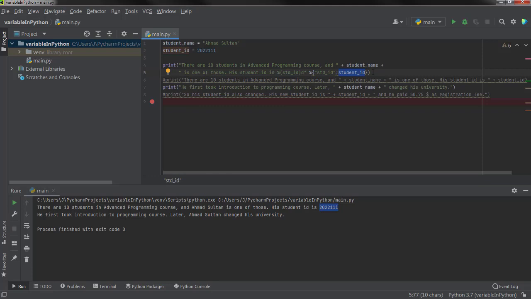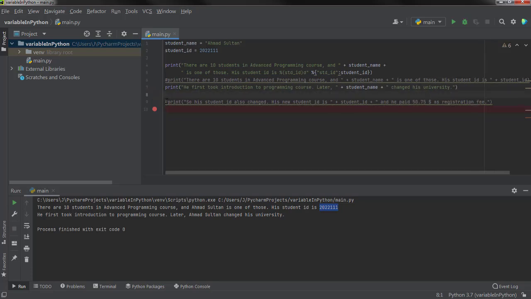So there is another way also. For example, if we go here, in this line you can see that there is also a student ID which needs to be printed here, and then also there is a fee which this student is paying. So let's define another variable which is called fee, and I defined it as 5075. Okay. So now this is a float value. So Python will automatically understand that this variable contains the float data.